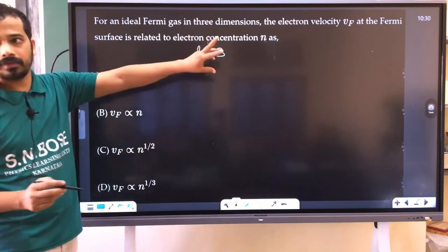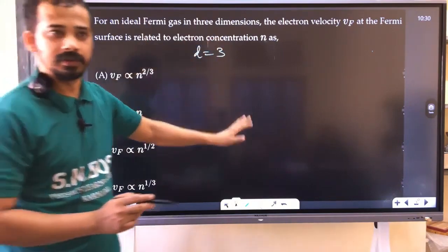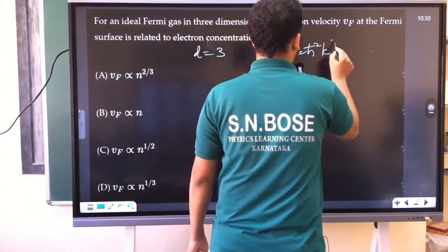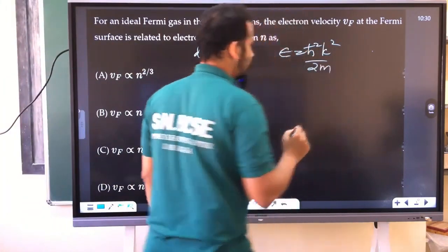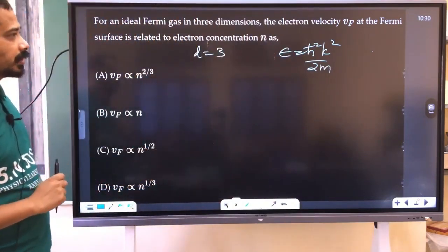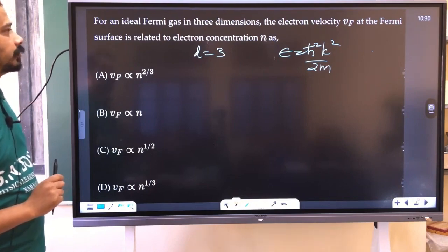He didn't talk about relativistic or non-relativistic, so you don't overthink. You have to take non-relativistic. E is equal to h bar square k square by 2m. For an ideal Fermi gas in 3 dimension, the electron velocity Vf at the Fermi surface is related to